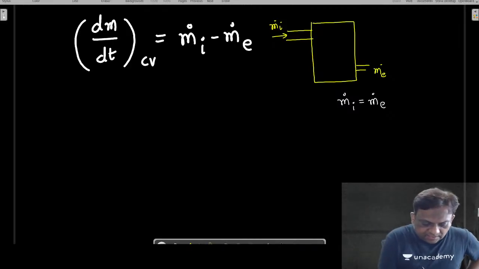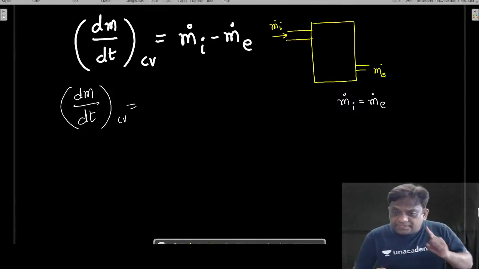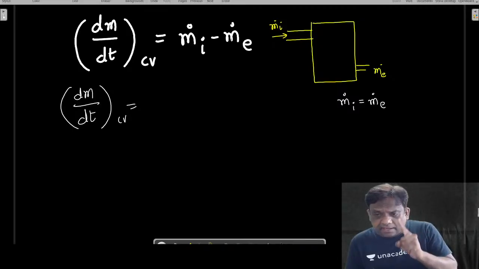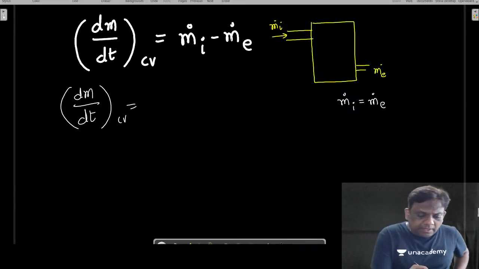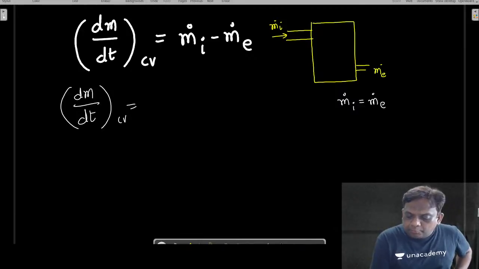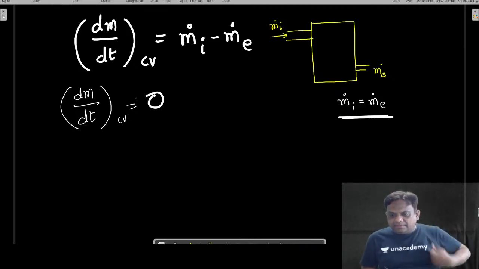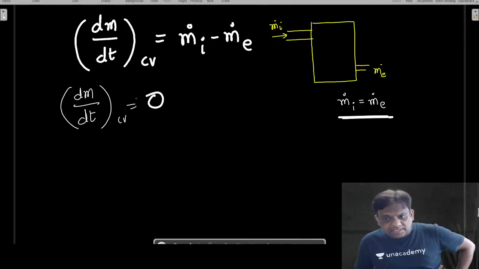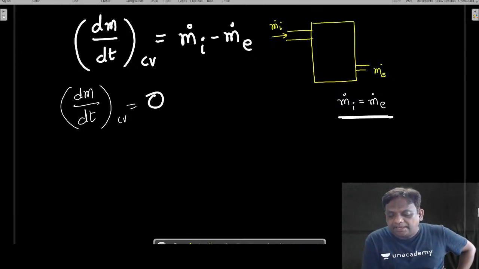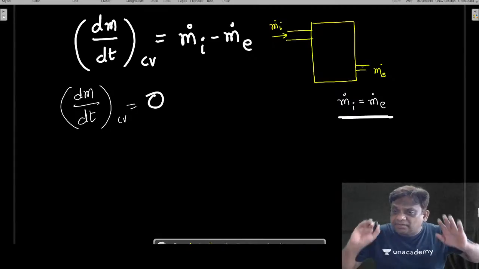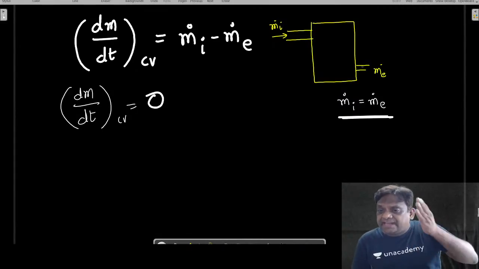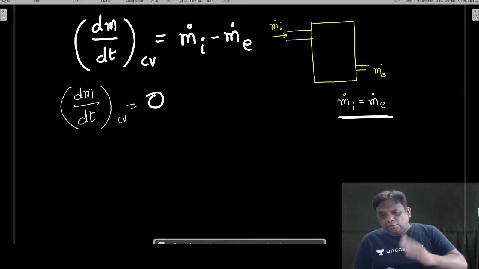Can I write this as dm by dt in the control volume? This is the first equation for unsteady state flow energy. Look, my dear students, what are m dot I and m dot E? Both are same. When both are same, can I write this as 0? Anyone in the class? Don't say steady. Hey, listen, you are confused. Don't say that just because the mass flow rate is same it will be steady. Apart from mass flow rate, energy conservation should also be there. Then only it will be steady.